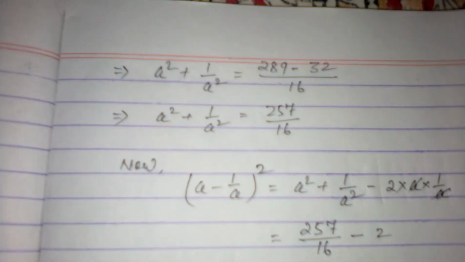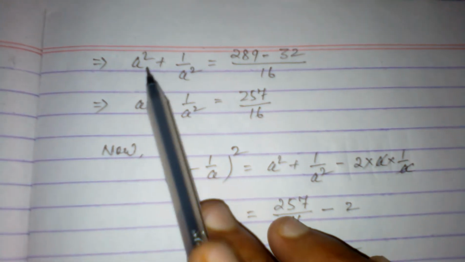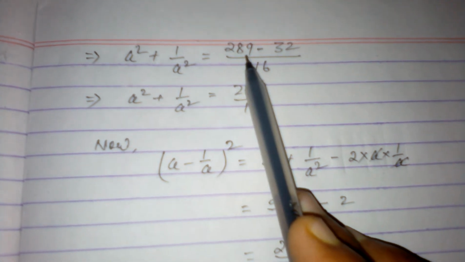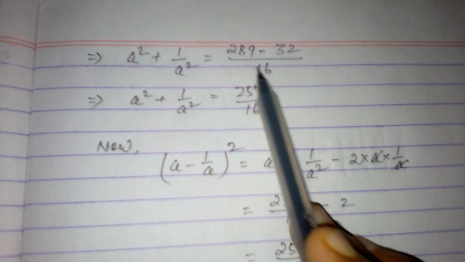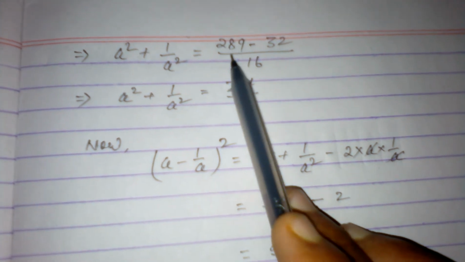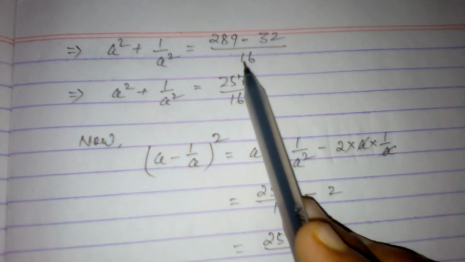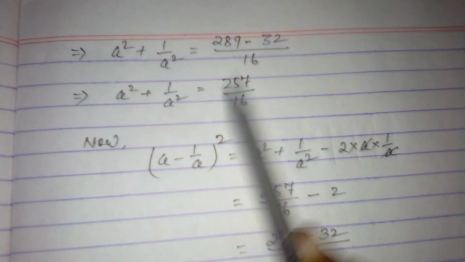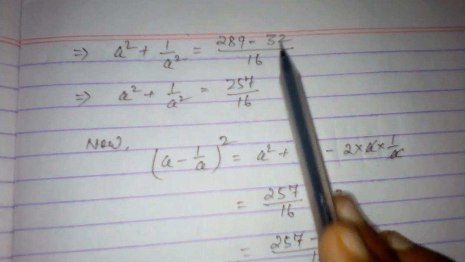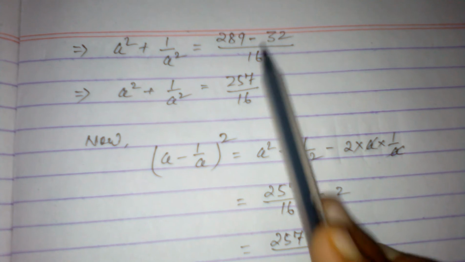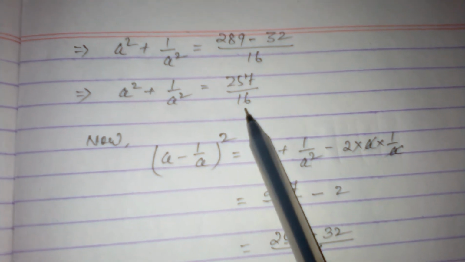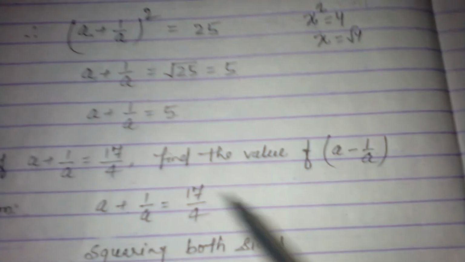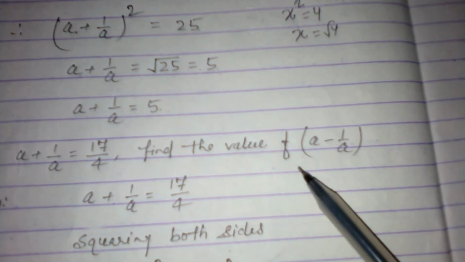Now we can write a square plus 1 upon a square is equal to 16 will be LCM, then 16 it will be 289 minus 16 into 2 is 32. A square plus 1 upon a square is equal to 9 minus 2 will give 7, 28 minus 3 will give 25 upon 16. Now in the given question, we have to find the value of a